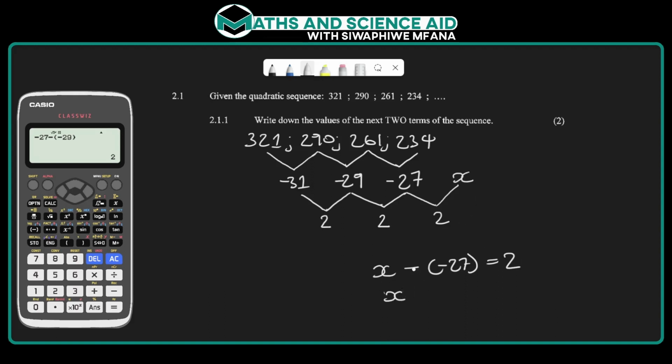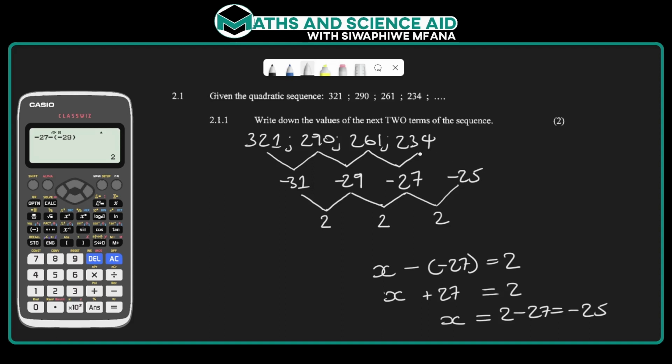And to do that, we know that a negative multiplied by a negative is a positive. So we will have positive 27. We still have 2 there, which means that x is going to be equal to 2 minus 27, which is going to be equal to negative 25. So the x value there, which is the next term in the first difference, must be equal to negative 25,